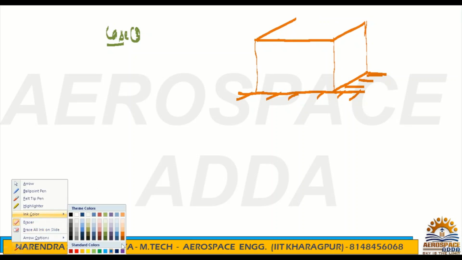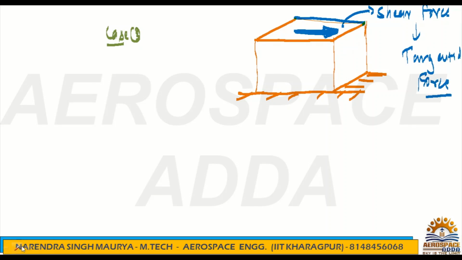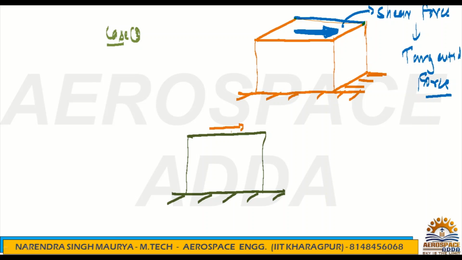Now see, this is the shear force, which is also called tangential force. How does this object look once we have any object here, and if any shear force is acting, how will the object look after getting deformed? It's very simple. For this object, if tangential or shear force is acting something like this,